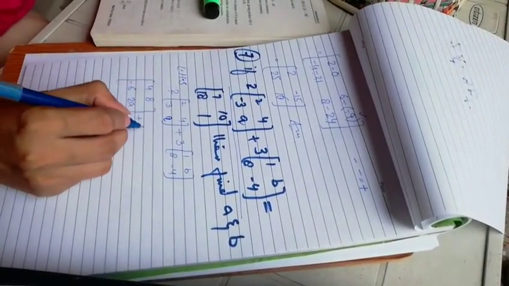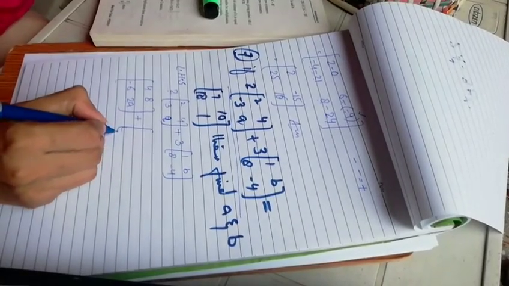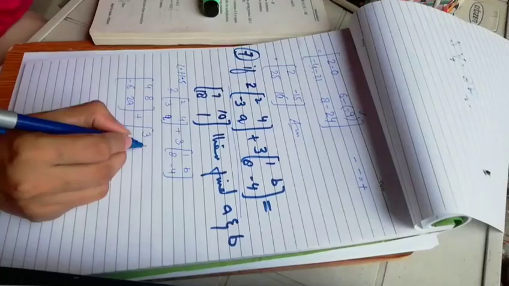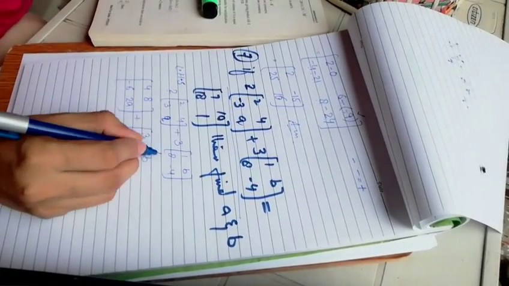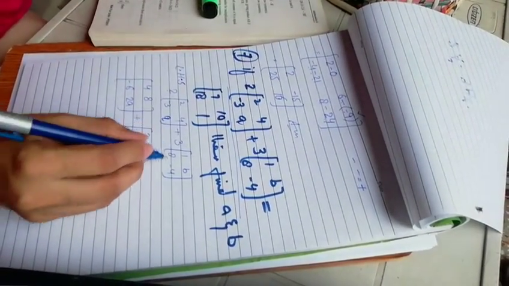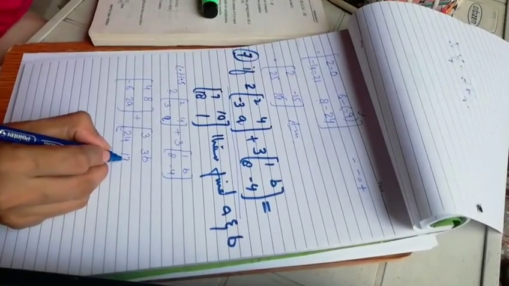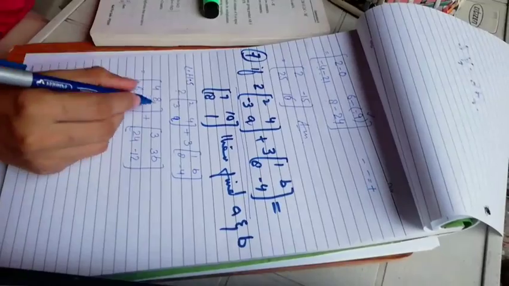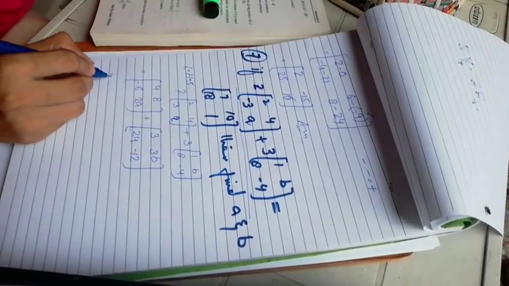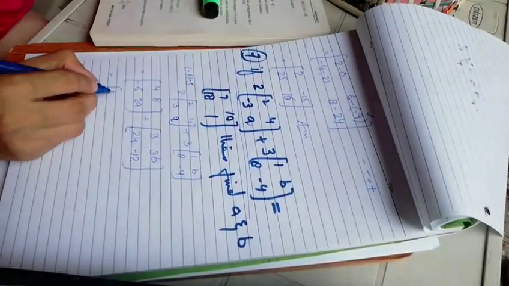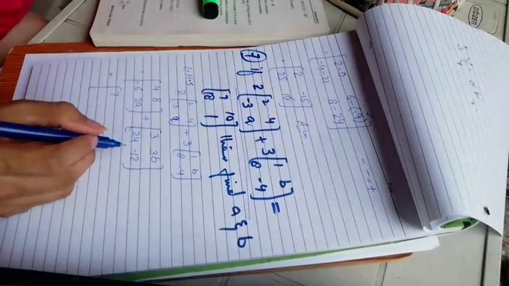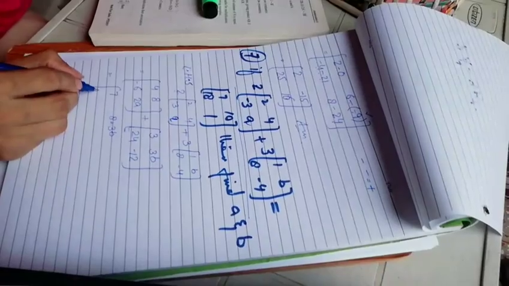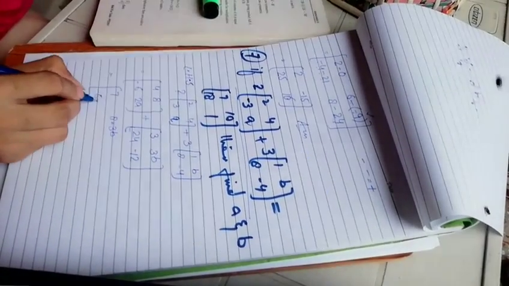Now do the same method, same practice on the other side. 3 1s are 3, 3b, 3 8s are 24, 3 4s are 12. Now we have to add these two matrices. 4 plus 3 is 7, 8 plus 3b, then minus 6 plus 24,